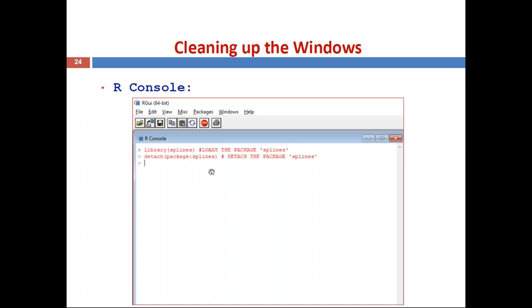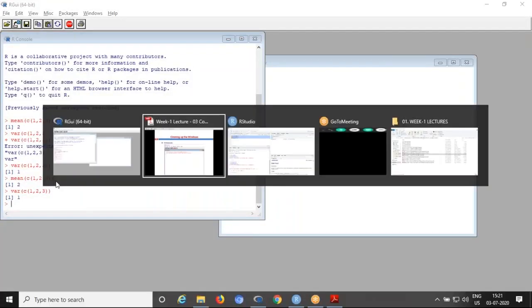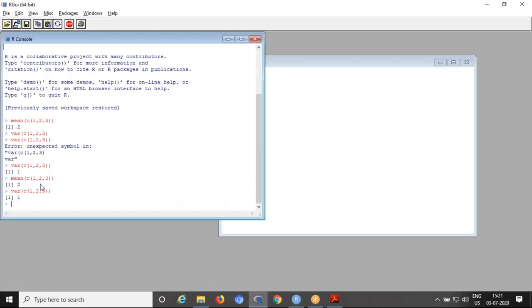So again, you need to reload the package. So in the R console, try this one. Open our R software. This is R software. First one, library of splines. You can load the library splines.